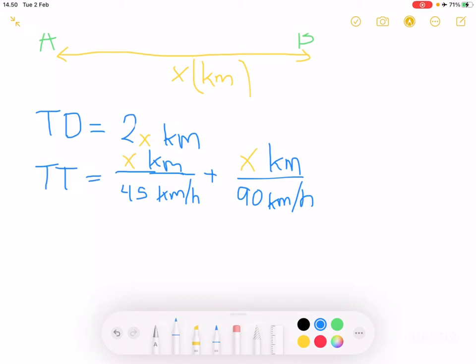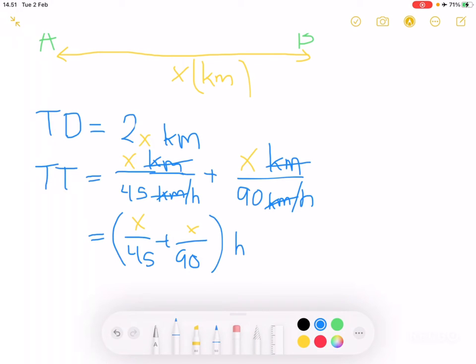So notice this kilometer with this kilometer will cancel, as well as this right here. And then the hour goes on the top later, but I'll just extract the hour in the front later, so don't worry about that. So we have x over 45 plus x over 90